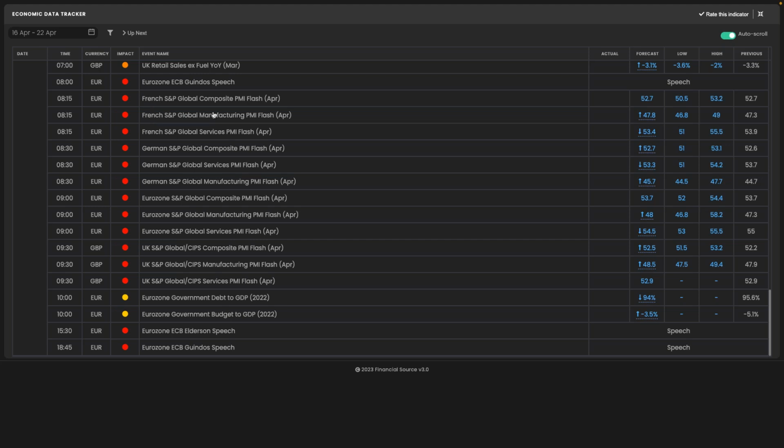So if this comes in very weak, and when I say very weak, if we see manufacturing PMI coming in sub 46.8, and then the services coming in below 51, that will be crucial. So if services come in below 51 and French data comes in below 46.8, expect the euro pound to sell